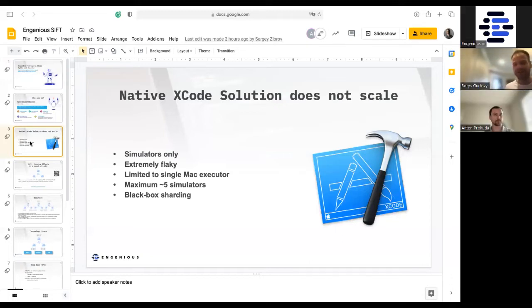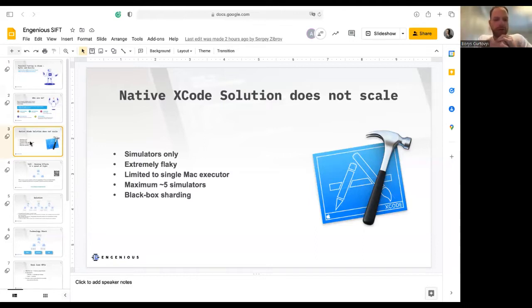Xcode parallelization is flaky. We tested different scenarios, and we noticed some failures without reason, so it's just flaky, right? And it's limited, it's a black box, so we cannot really control and set up things there. It's impossible to fix this flakiness because it's a black box. You cannot shard things across different Macs, right? So you can run in parallel across the simulators, but you cannot execute tests across different Mac